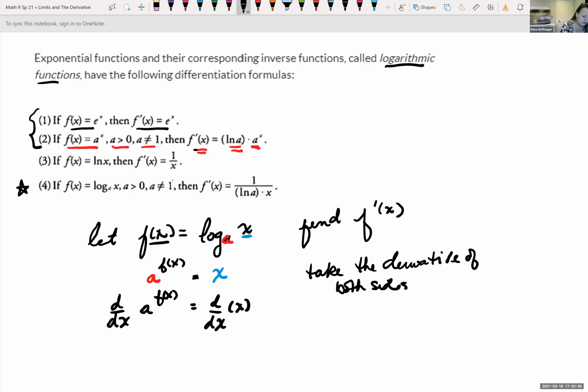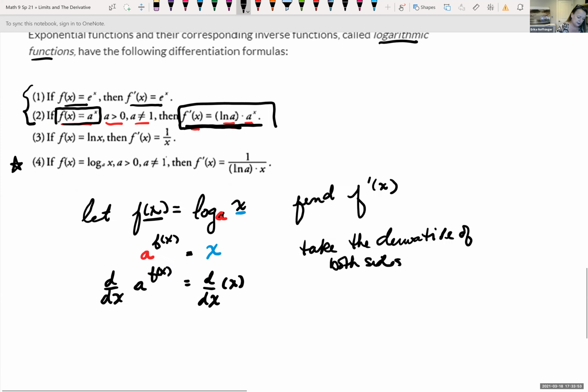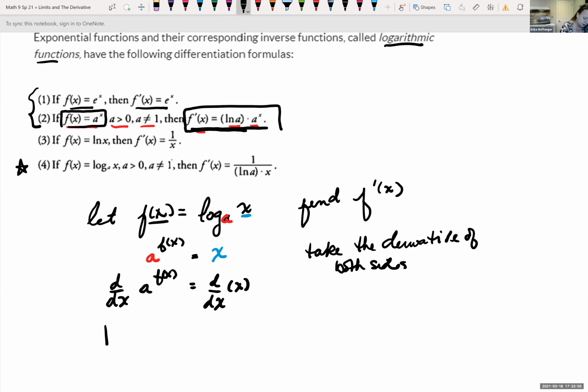If we're taking the derivative, we're going to look at an exponential piece, which is a raised to the f of x power, or a raised to the x in our case. We look at the natural log of our base. So in our case, this is the natural log of a times the original function